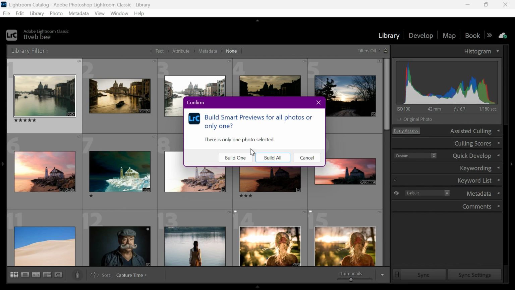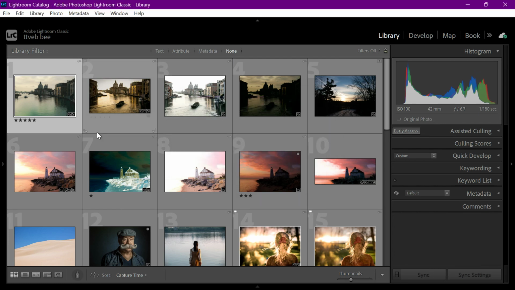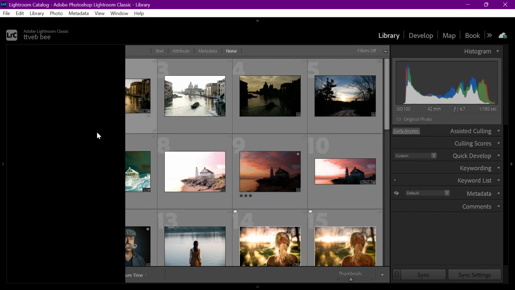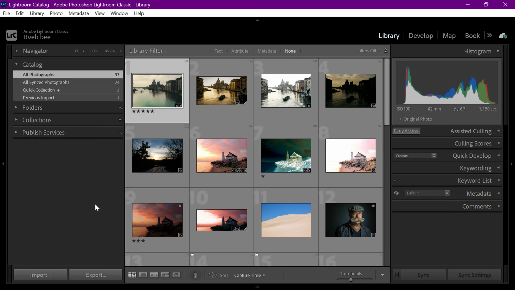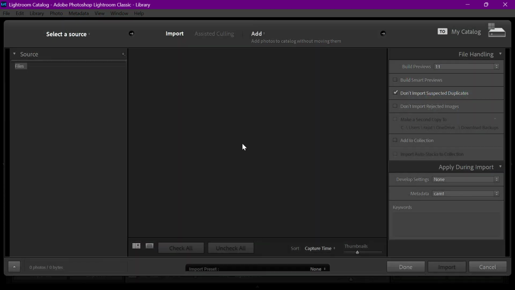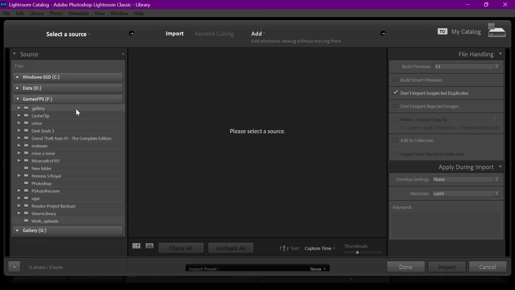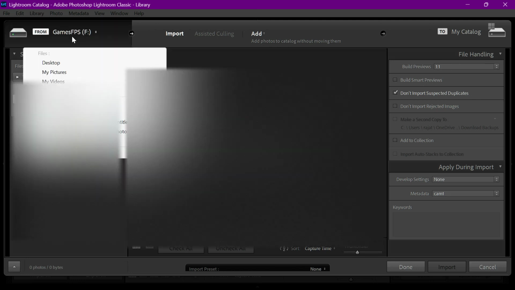Now let's talk about regular previews. Previews mainly control how quickly images load and how sharp they look while you're browsing and zooming. If you want a faster import, choose Minimal. This creates the smallest previews and gets your photos into Lightroom as quickly as possible. If you want a more balanced option for normal editing, Standard is usually the best choice. And if you need to inspect detail closely, one-to-one previews give you full zoom quality so you can check sharpness